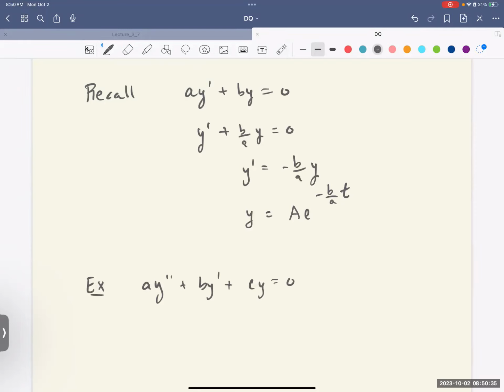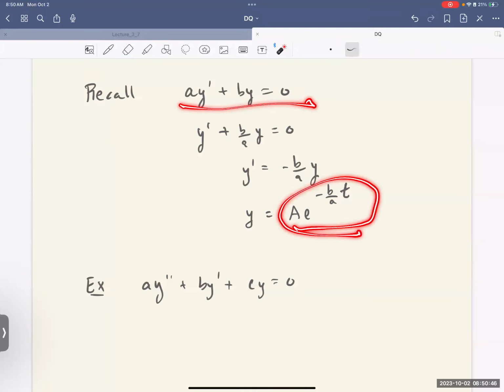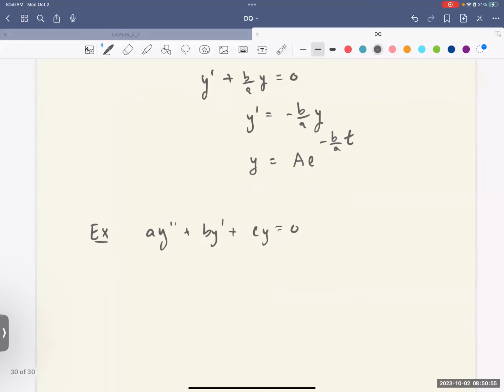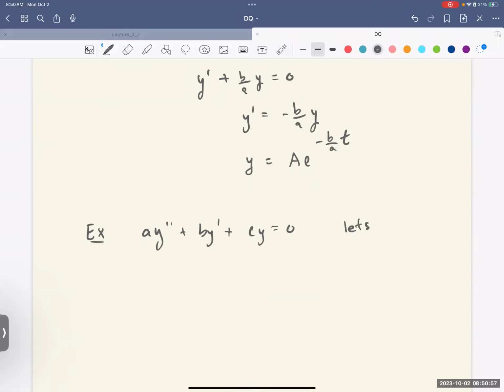So just like the solution for the first order differential equation here was an a e to the negative b over a t, let's kind of, I'm not going to use the word guess, but let's try y equals e to the mt